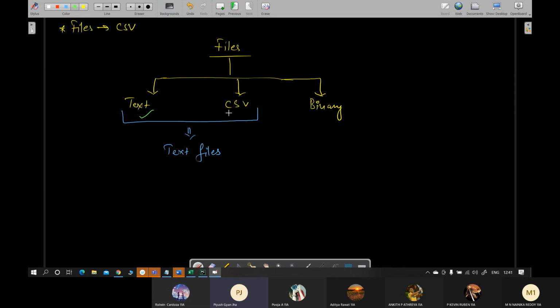So we have seen this text file. Of course, we'll get back to it. Some other modes are there, hybrid modes. We'll study those. Okay, and one or two concepts are also left. But the major thing we have seen is how to read from a file, how to write to a file, and how to do different types of operations, word-based and character-based operations. Okay, so text files we have seen: read, write, and append mode. Now we will see CSV files.